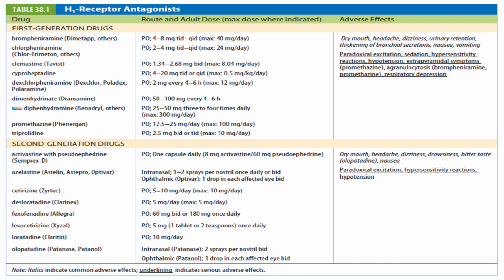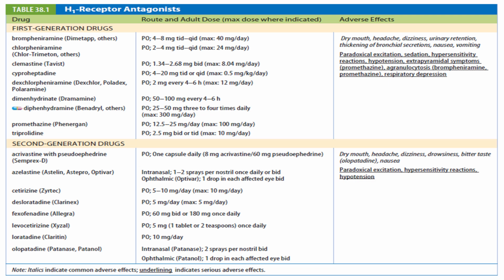So we can see in here in the chart that I have said a while ago, your first generation drugs, the most common here would be your diphenhydramine and promethazine. They are usually given per orem and given at 50 to 100 milligrams every 4 to 6 hours. But for your diphenhydramine, you have 25 to 50 milligrams 3 to 4 times a day per orem.